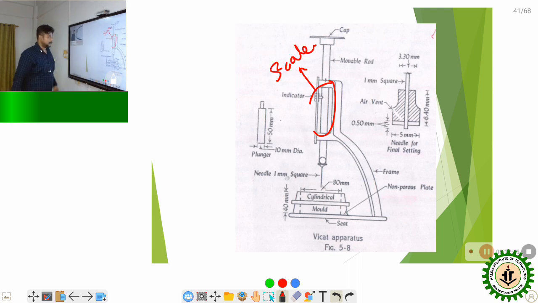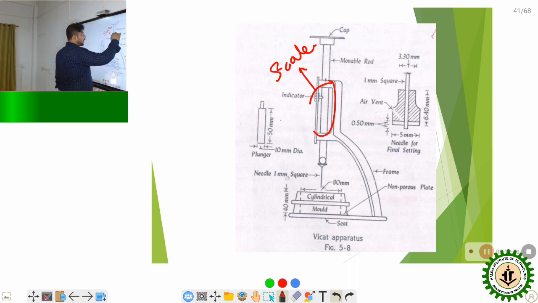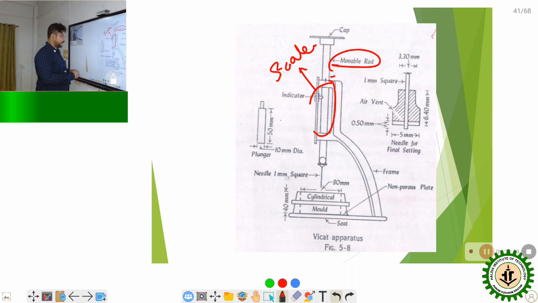Okay, your scale is an indicator. We remove the lock over here. It is the lock and movable rod. This movable rod is locked just above the mold. After that we remove the lock and freely let this movable rod move, so that the entire rod, along with the 1 mm square needle, gets inserted